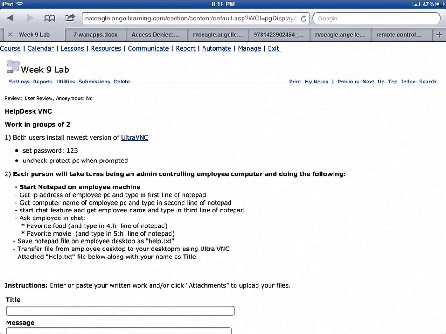But let's look at what you're going to do, and then I'm going to let you guys start at it. Each person is going to take turns being an admin, controlling an employee computer. You're going to do the following. You're going to VNC into